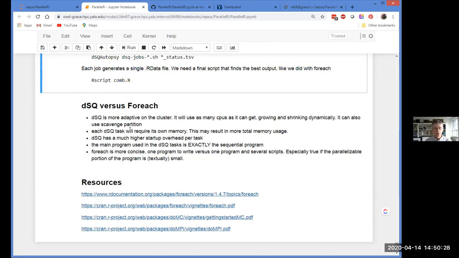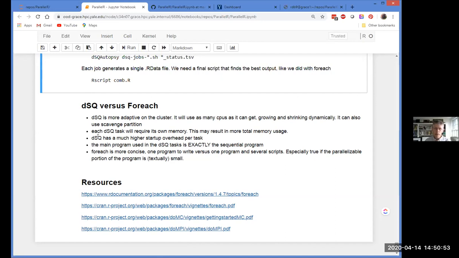It's not a child of the master process. And so each Dead Simple Queue task ends up needing its own memory. And if your data set is very large, that could really add up. So a very large model run on foreach on a single node, all those workers will be sharing the memory, whereas with Dead Simple Queue they won't.